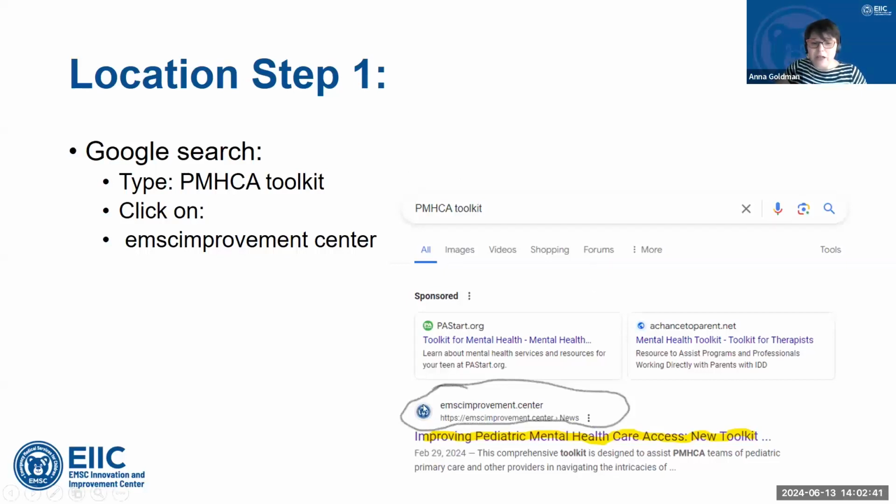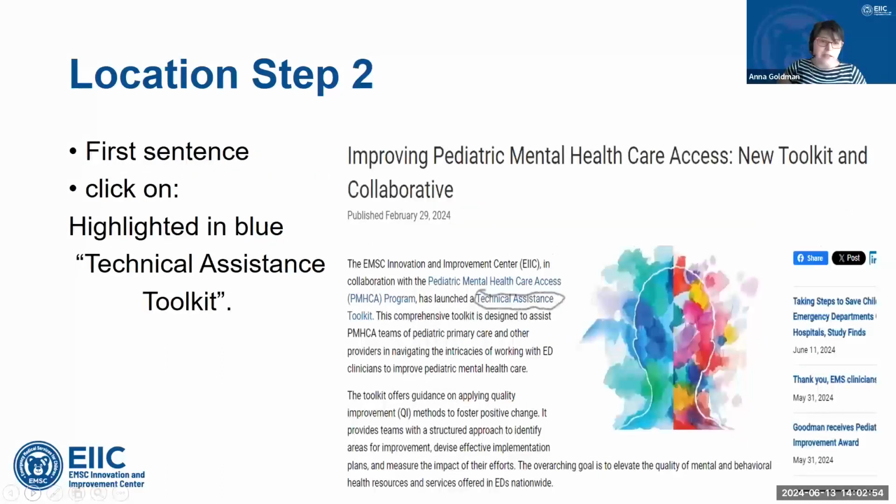sign with a little bear, and it says EMACH Improvement Center, and you click on it. So here I circled this for you. This is how you find the first step. The second step,